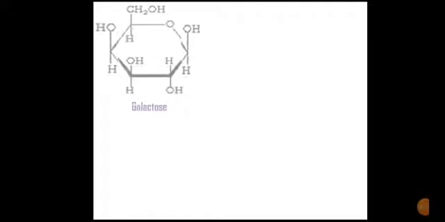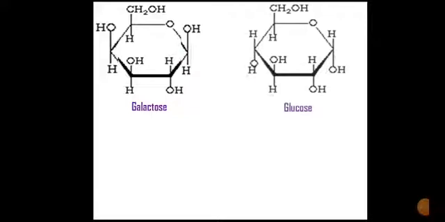Then we have already learned the structure of glucose. So again, this is the structure of galactose. You can see here carbon number 3 is OH, carbon number 4 OH, and this is the beta conformation, that is OH around carbon number 1. This is the structure of glucose. Carbon number 1, 2. At carbon number 3 it is OH. Carbon number 4 HO. Carbon number 5 and carbon number 6.